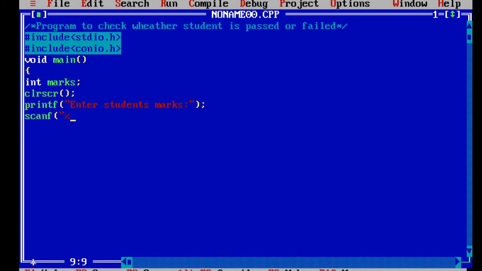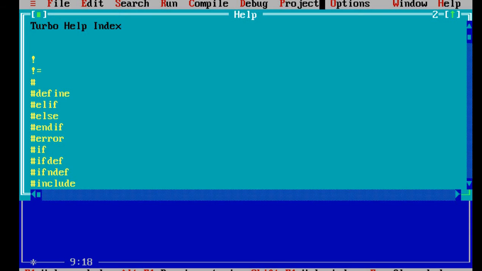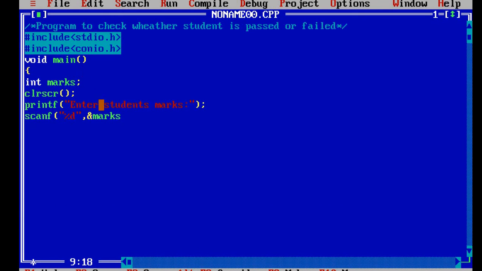So specify %d because its data type is integer, and give the ampersand. What is the use of the ampersand symbol? The ampersand indicates the address where the value of this variable will be located. Address means memory location.